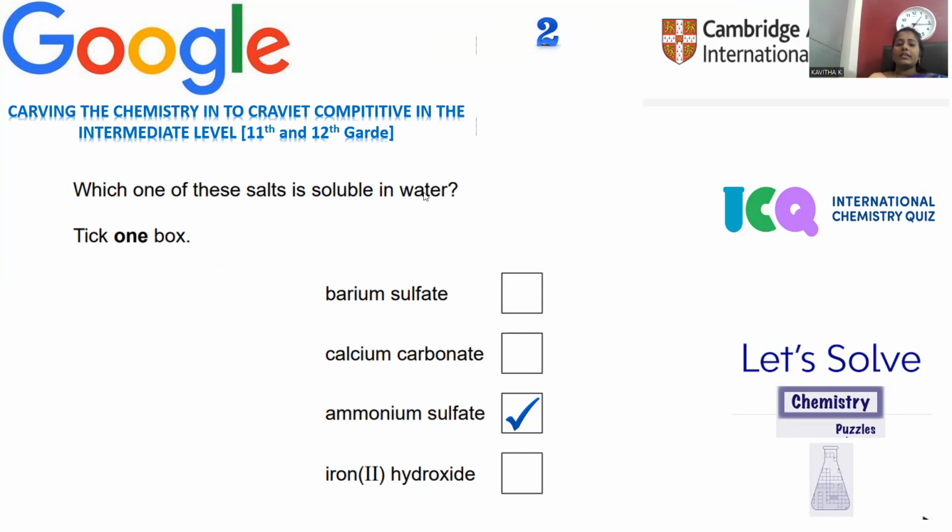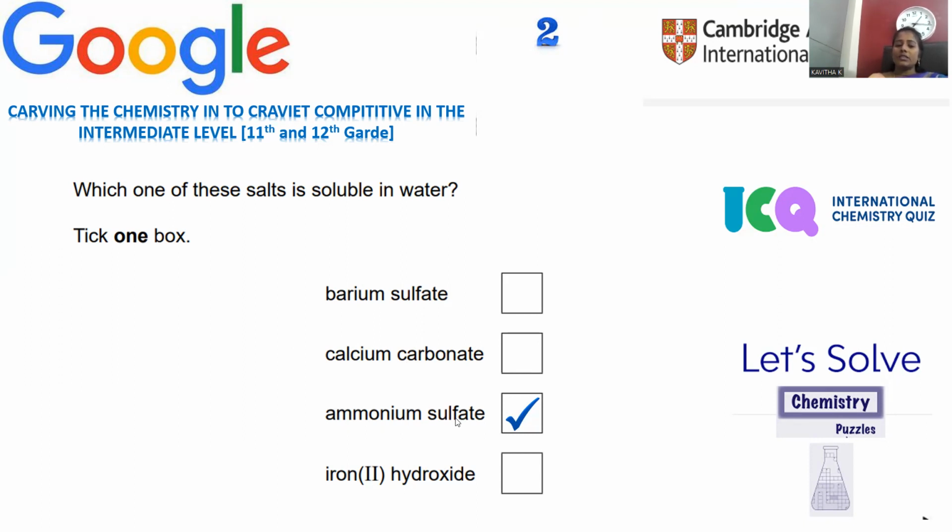So, solubility test of the given salts with the water solvent. Water is a universal solvent. So water is taken as a solvent and different salts are provided, among which the water soluble one is to be identified. Different boxes are provided: barium sulfate, calcium carbonate, ammonium sulfate, iron 2 hydroxide. These many are provided, but among them ammonium sulfate is of